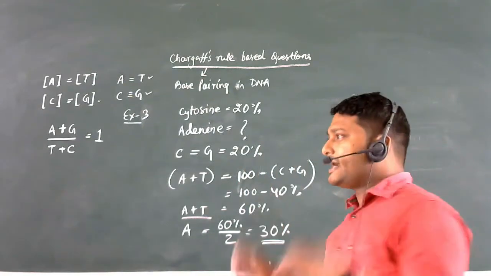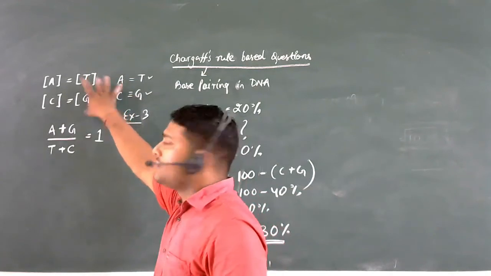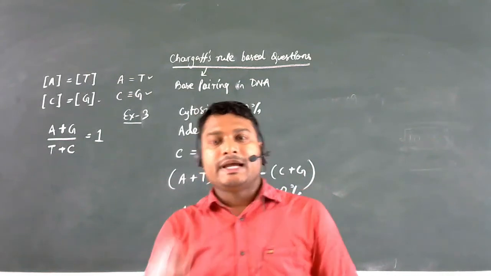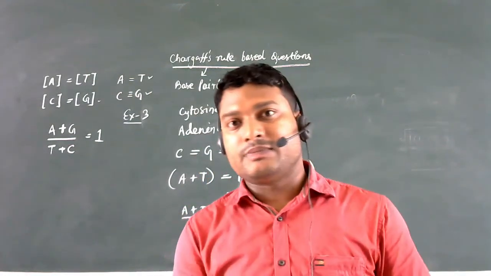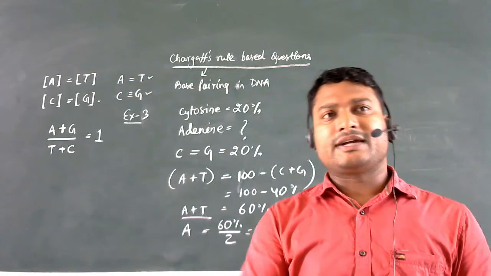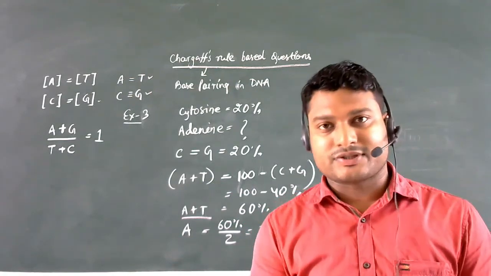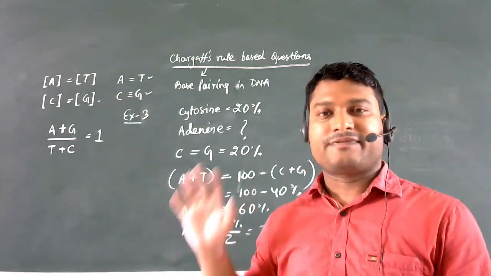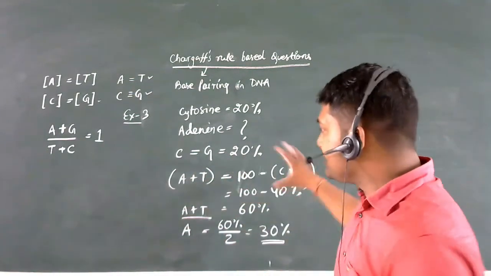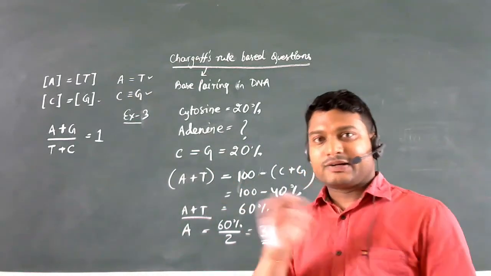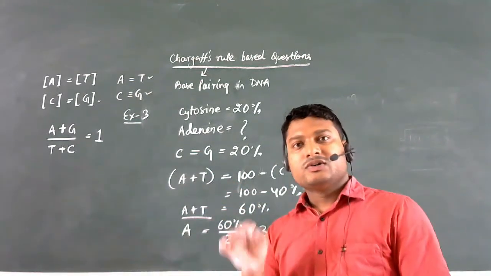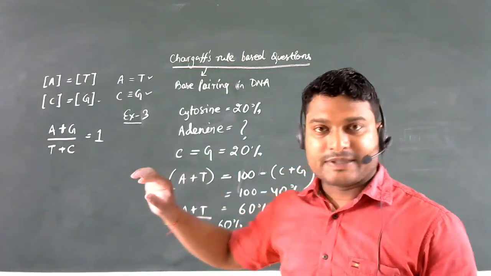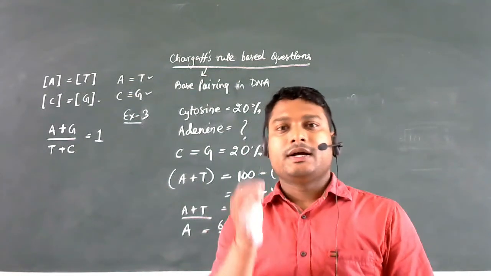Very easy. Again I would say you need to know this part: A equals T, C equals G. Very easily you can solve any kind of numerical you are asked in the board examination. And trust me, they will give you a 1 mark or sometimes 2 or 3 mark question also. At least for the numerical part, they will have 2 marks allocated in a 3 mark question. So you have solved 3 examples, 2 based on numbers and 1 on percentage. That is how you are going to solve Chargaff's law problems.